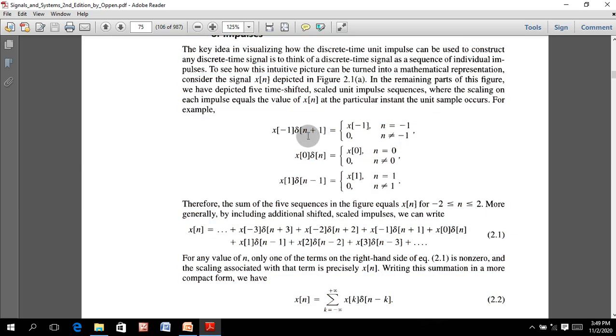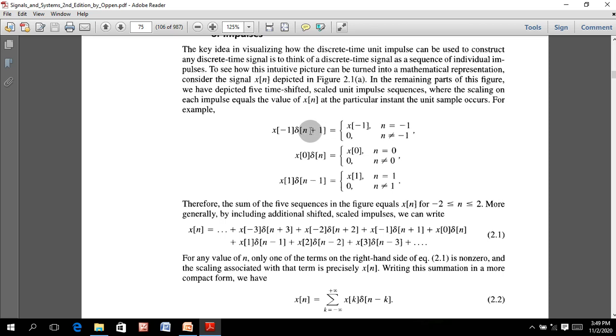Now as soon as we take n is equal to minus 1, this whole function will convert into del of 0 and it will provide you a value 1. So with that one value and with this value, this is x of minus 1. This x of minus 1 can only be realized when we provide an impulse signal